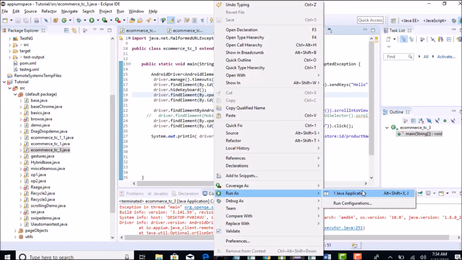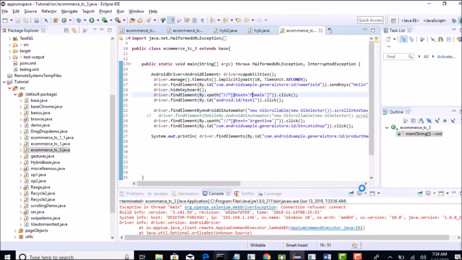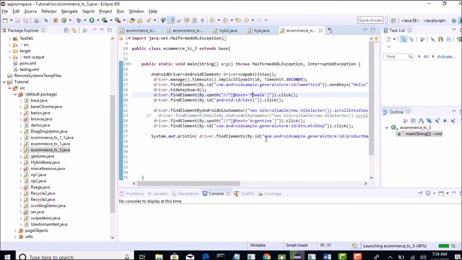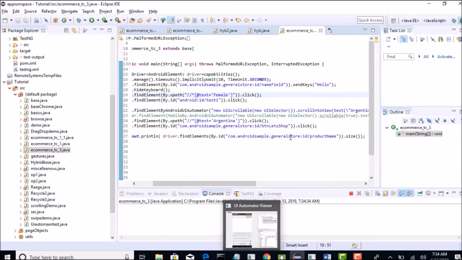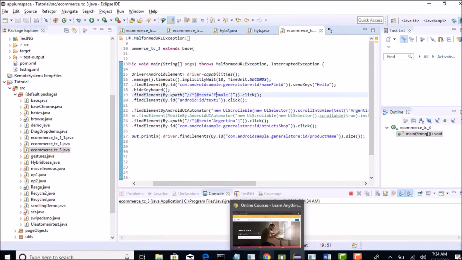So step by step I am revealing all the concepts from basics to advanced. These are all real-time challenges: when you see the common name, you will try to get the list and you will get a different result.